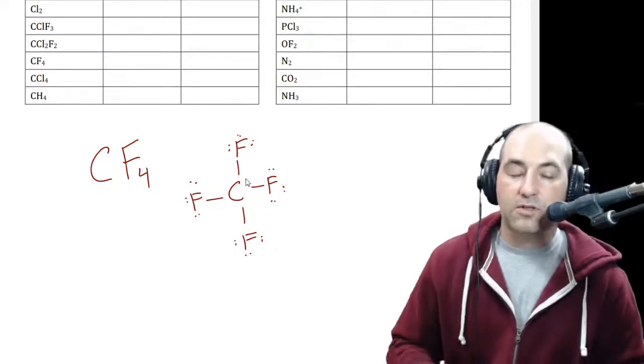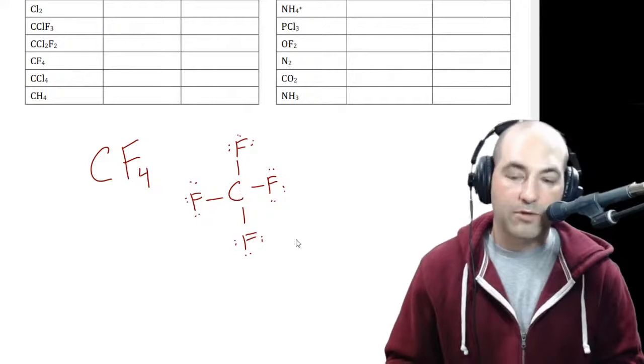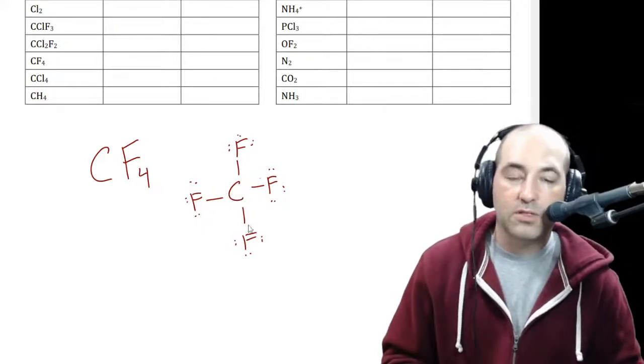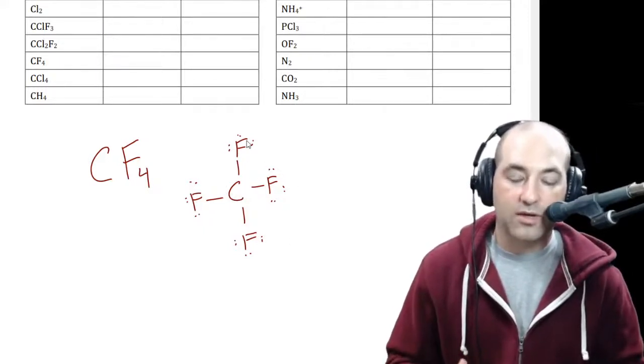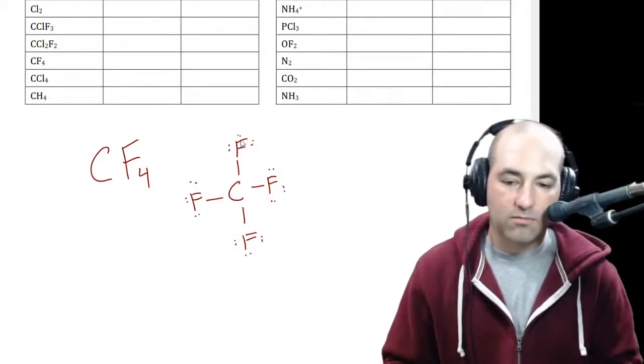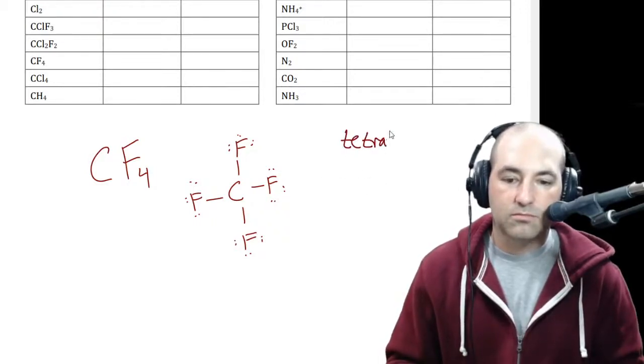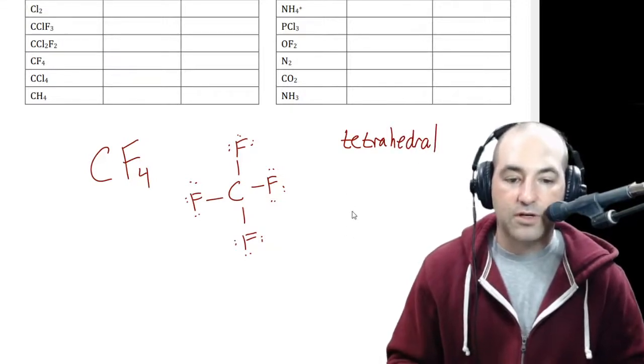And then if we kind of sum up everything we did today, we can also look at the geometry. So we can say, how many groups does this have, and what would this actually look like? What would that shape look like? And the answer is it has 4 groups, four things attached to the carbon. So that makes for a tetrahedral structure. And if we were to draw that tetrahedral structure,